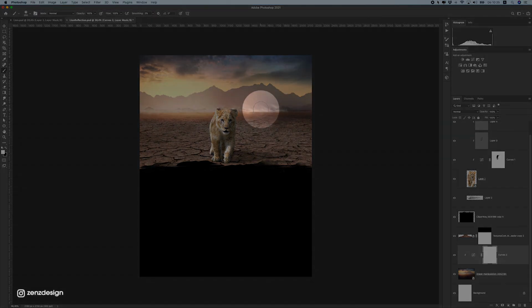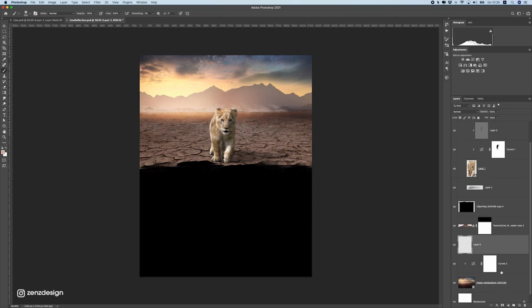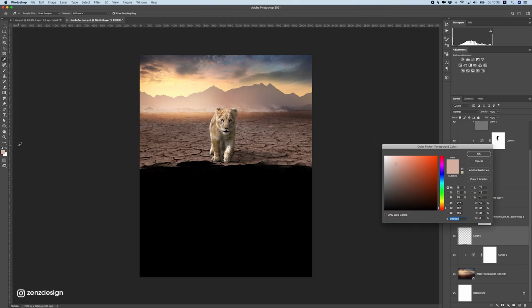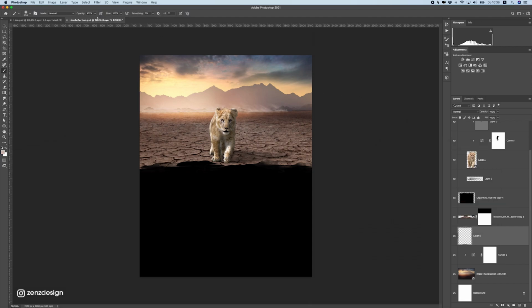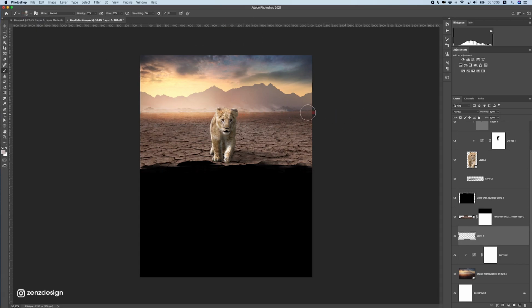Let's give this background some mist like there, so we don't lose the focus from this line. So first of all, make a new layer on top of these layers here and select the brush, pick the color first and sample some color from this mist here or dust, whatever that it is, and make it a bit lighter like this. Bring the opacity all the way down to around 10% and also the flow. And now just make sure you have the soft round brush here. And now just brush a bit like that.